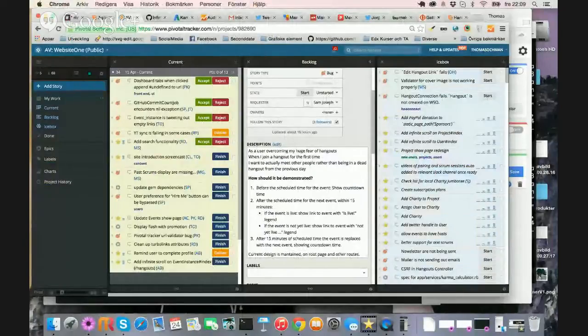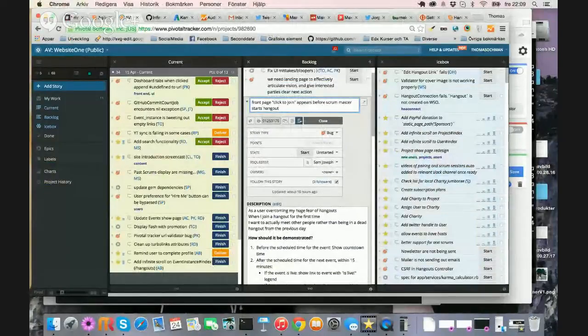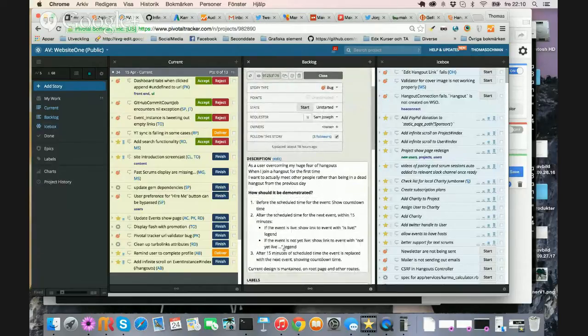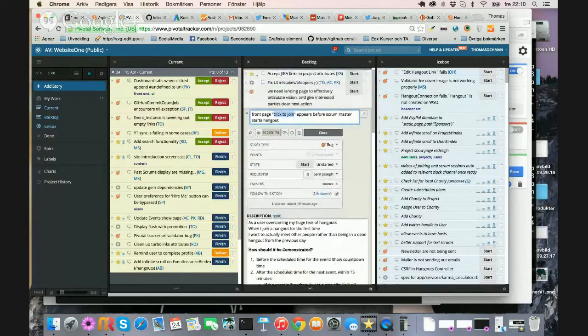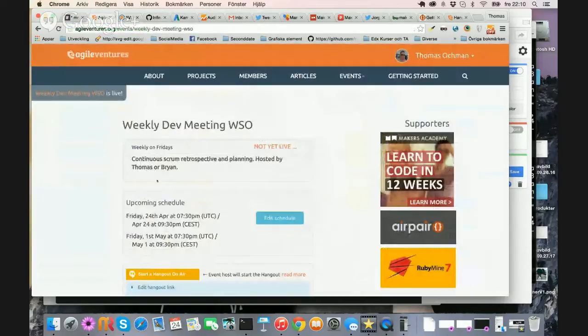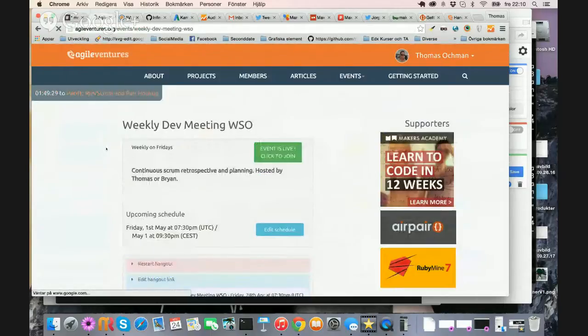Okay. So yeah, you can definitely work on this, but click to join. The thing is that before it's going, click to join. Make sure that this click to join is not visible before there is an event instance created. You know what I mean? Of course, but there are no... a click to join. There is a click to go to event. If you click weekly dev, here it is. Event is live. Click to join.